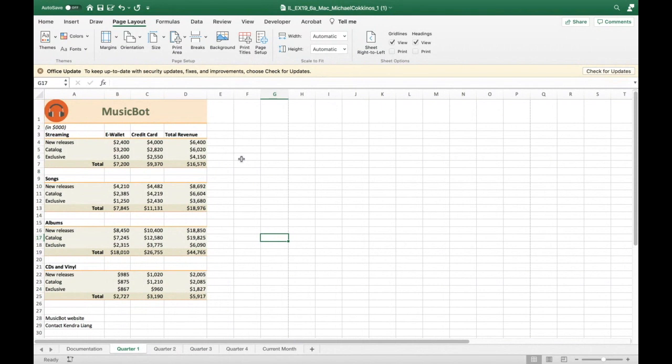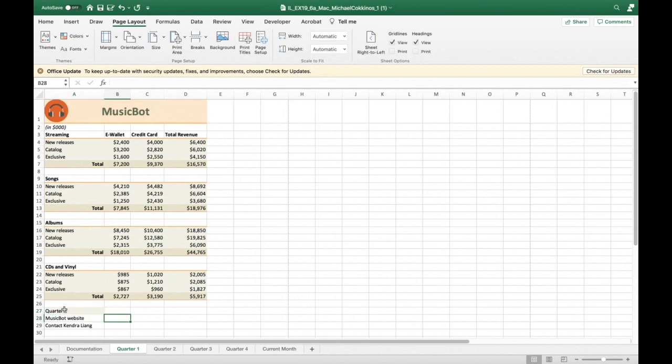Okay, so we're up to number 8. So now she wants to add a hyperlink. She wants to add a couple of them, actually. So the first one she wants to do is right here in A27. She wants to be able to link from page to page, which makes sense, right? So you might want to be presenting this and just click on it, and it'll link to the next sheet. So in this case, we're going to do what she says here. She wants 1/4 2 as the